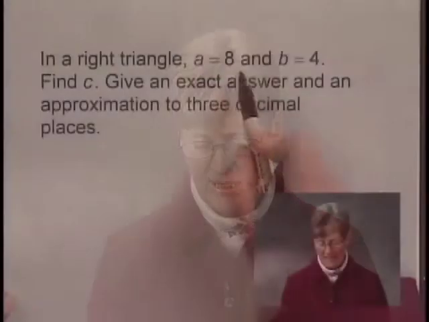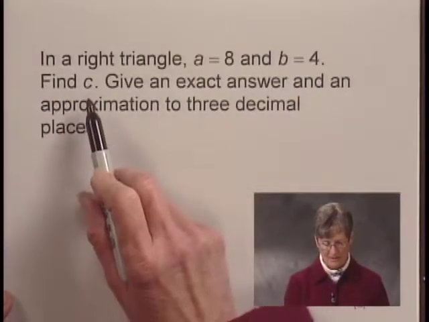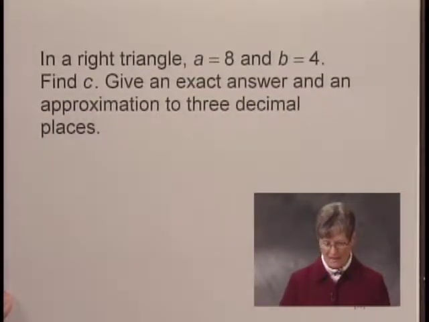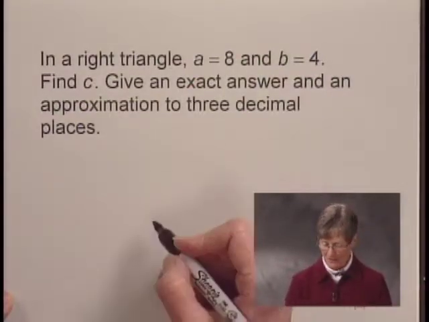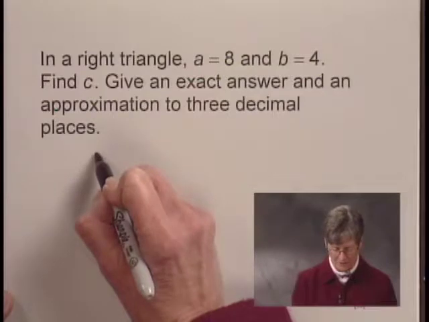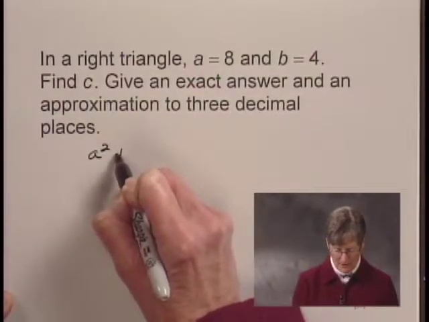In this exercise, we have a right triangle where A is 8 and B is 4, and we want to find C. Give an exact answer and an approximation to 3 decimal places. Well, to do this, we can use the Pythagorean theorem, and the Pythagorean theorem gives us an equation: A squared